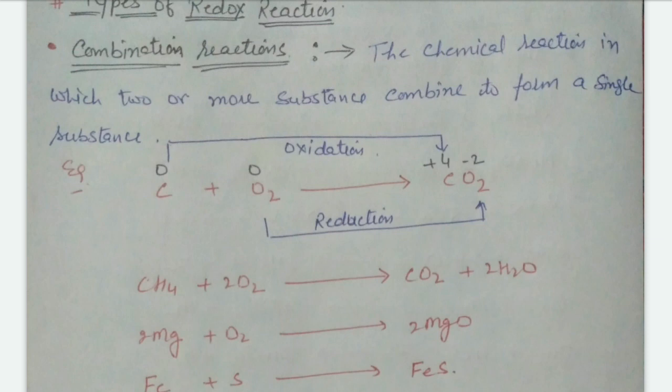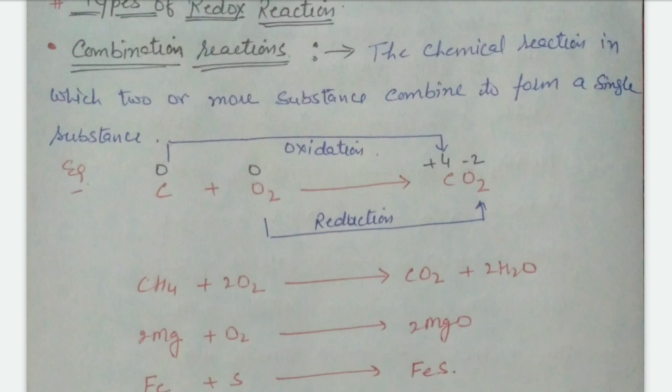Therefore, carbon increases, which means it lost 4 electrons to form CO2, and on the other hand oxygen gains 2 electrons to form CO2, right? So the oxidation number increases, which is oxidation, and on the other hand oxygen decreases the oxidation number,